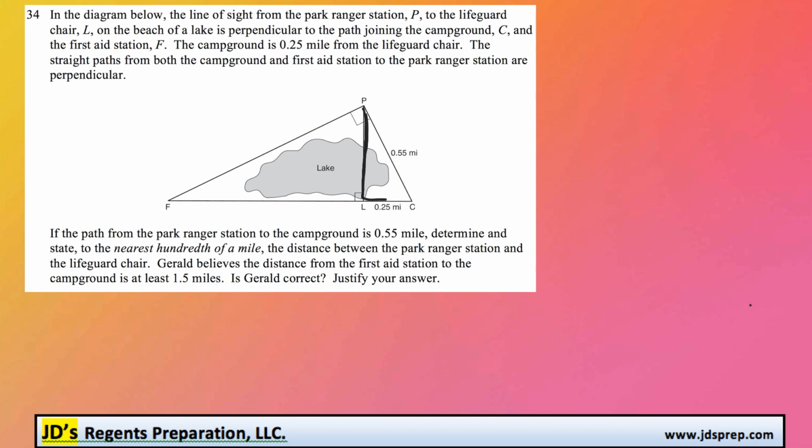So of course we're dealing with a right-angled triangle. We know two of the three sides, and we're looking for the third. So we're going to be using the Pythagorean theorem. Since we're not looking for the hypotenuse, we're looking for one of the shorter sides, I'm going to look for the square root of the hypotenuse squared, so 0.55 squared, minus the leg we know, that's 0.25 squared,